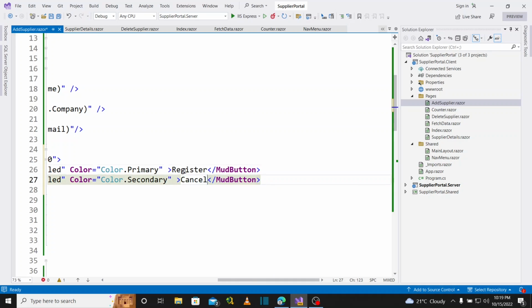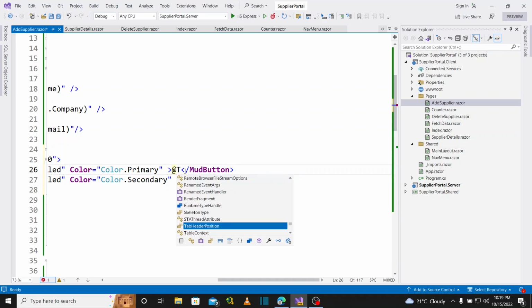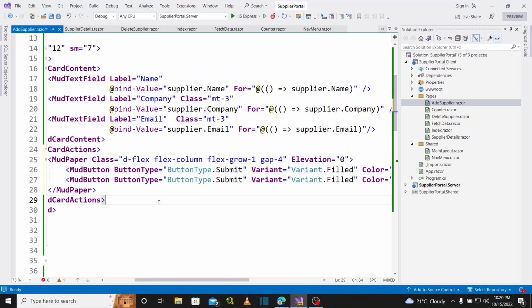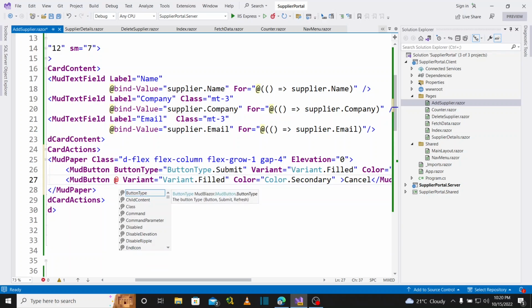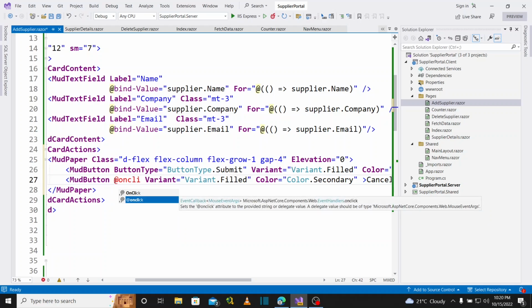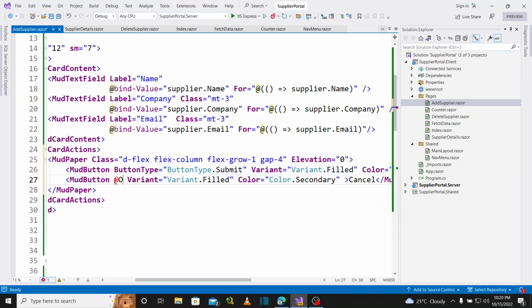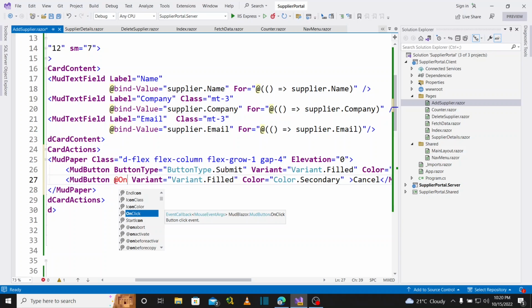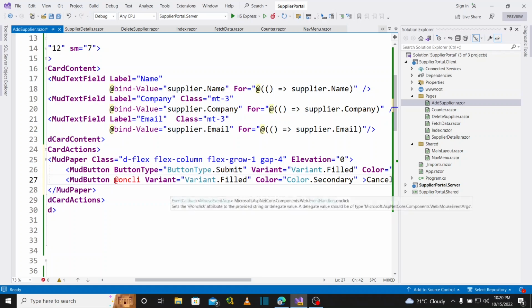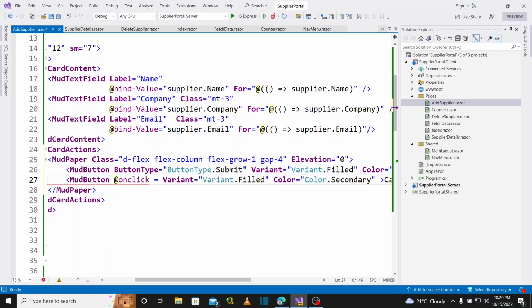This has to be cancelled. This will just be what the title is. It could be add or edit. All right, now both of them cannot have submit, only one submit, but we want to have an on click, which MudBlazor has. So on click, which one? So for you to use the other one, we're just gonna bring in on click, and on click, what you want to do there is